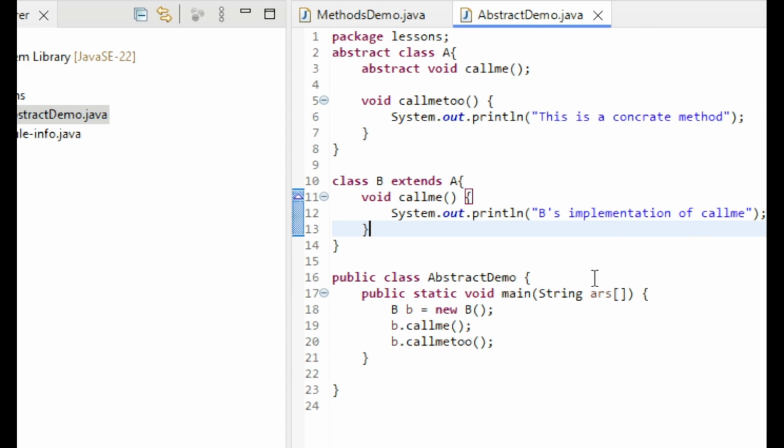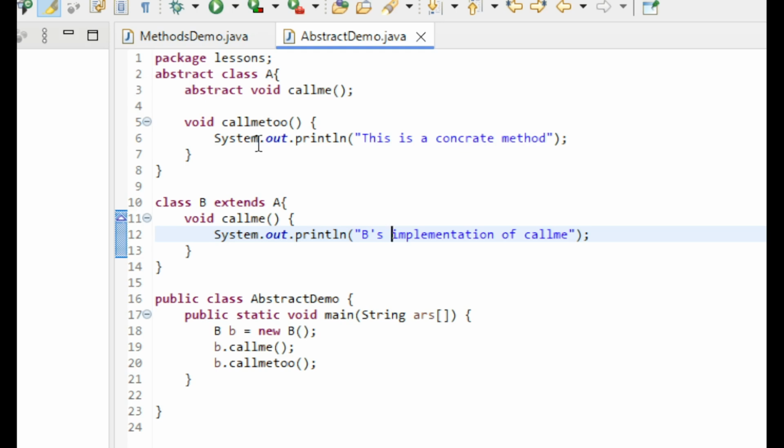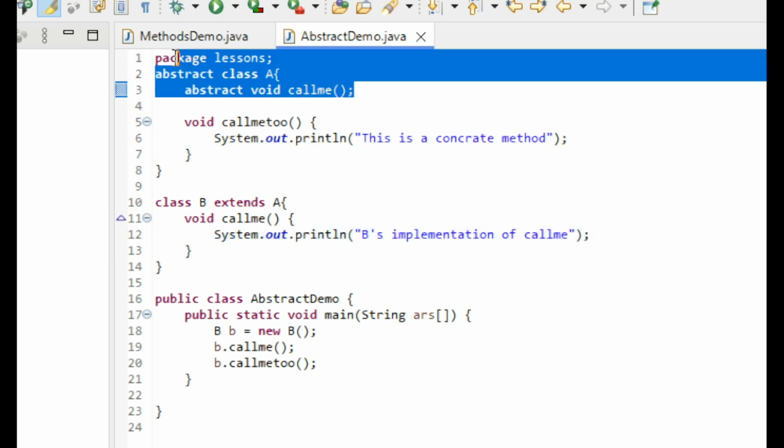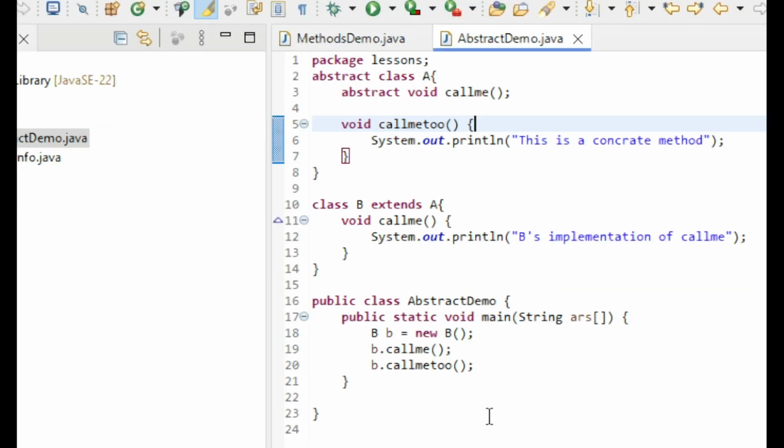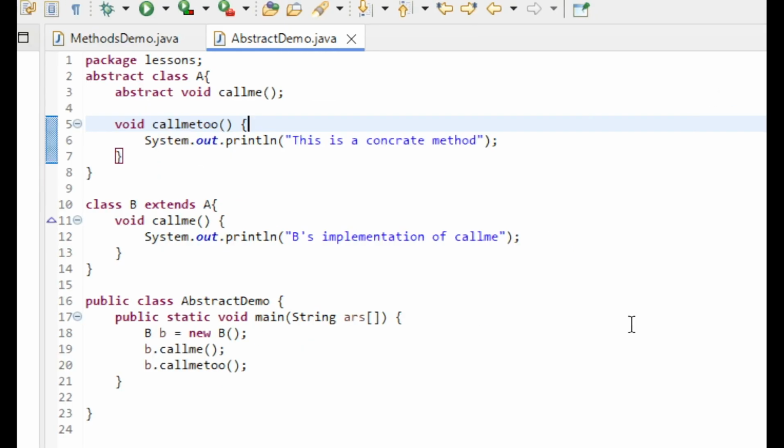Now when we create B, this is the method that is actually printed. You see, this one is not holding anything, it's not used anywhere. The callMe method there is not defining the structure of any method. So you must have noticed that no objects of class A are declared in the program. We have not declared any objects of class A, and the reason is that it's not possible to